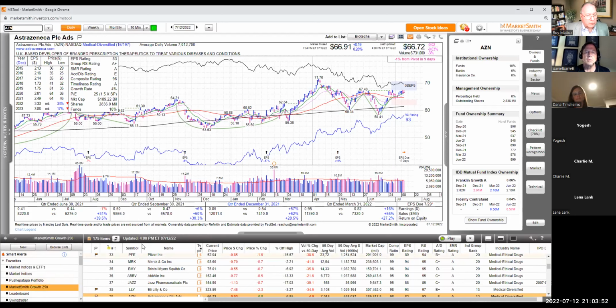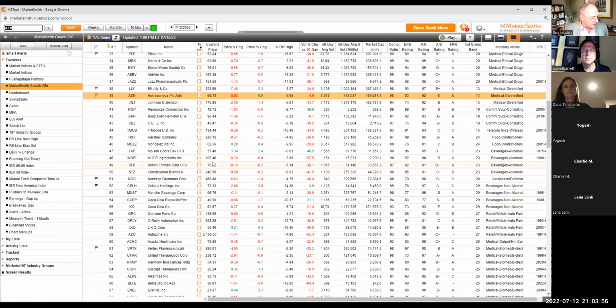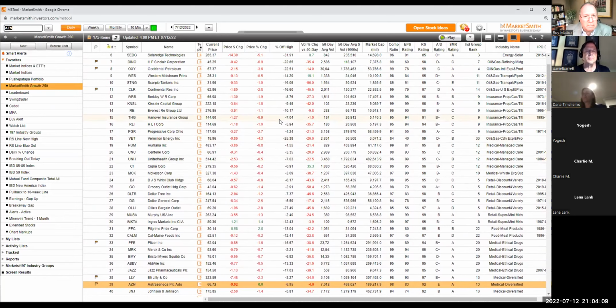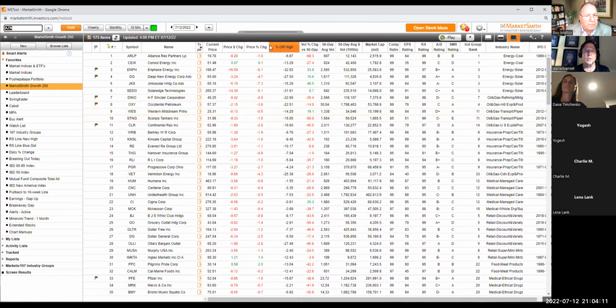Let's pull up the Market Growth 250. The Market Growth 250 is comprised of about 30 screens that Mike Webster actually designed for Bill O'Neil. And it's really quite good. You're going to find most of the market leaders on this, on the MarketSmith Growth 250,